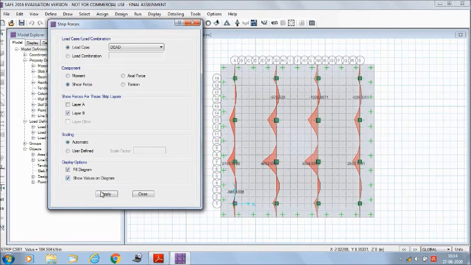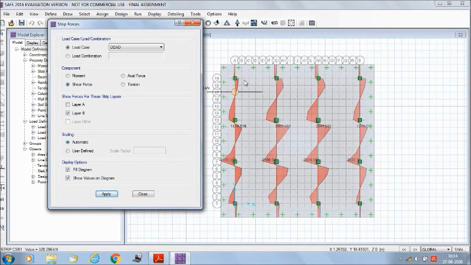Now we can also check the shear force values in the layer B direction as well as in layer A direction. We can also change the load cases and see the shear force and the movement values.